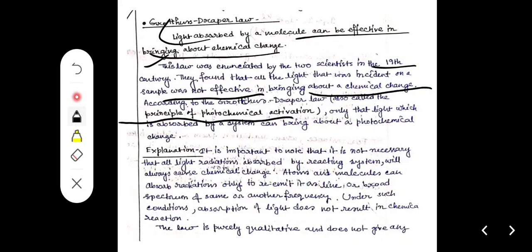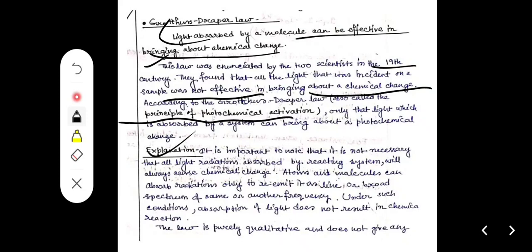Sometimes by absorption of light, the molecules get excited. Maybe they collide with each other. By collision, some energy can be removed. By phosphorescence, fluorescence, ISC, IC, vibrational cascade, so many processes can occur which are not chemical changes but physical changes. In this way energy can be lost, so that's why this absorption is not effective in that sense.